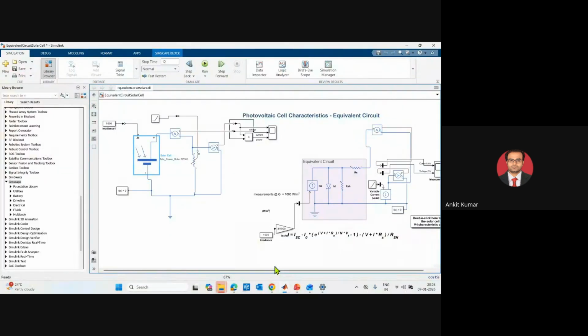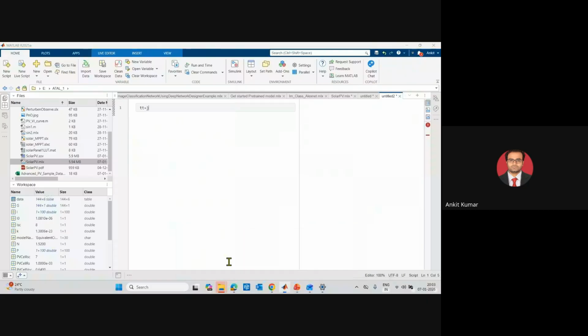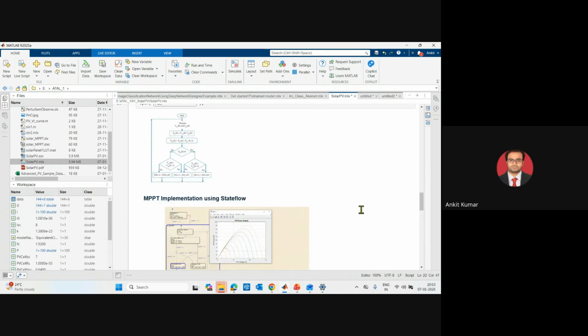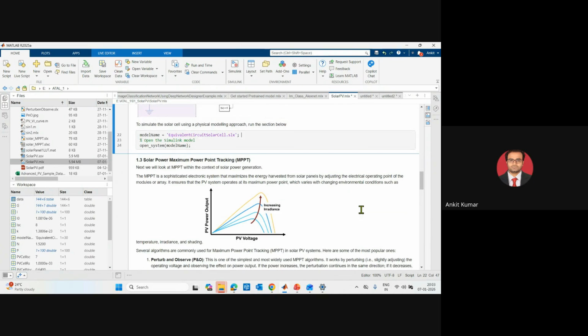Now come to the model, then again come to this one. Okay, so fine, there is no need, I think so. All of you know these files. Okay, so now, to make a